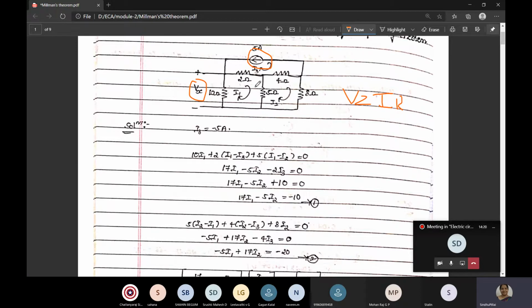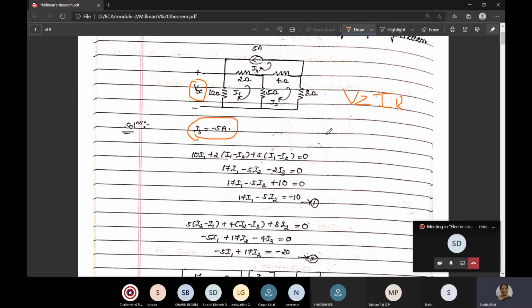So first we'll go with the mesh analysis. There are three loops, so three currents are assumed in the clockwise direction. And one more thing, in mesh analysis, you have to check whether at the border there are any current sources. We have a current source of 5 amps here. So what will be the current in loop I3? I3 is nothing but the 5 amps. Is it plus 5 amps or minus 5 amps? Since I3 is going against the 5 amps, it is minus. So I3 is equal to minus 5 amps. We got one current already.